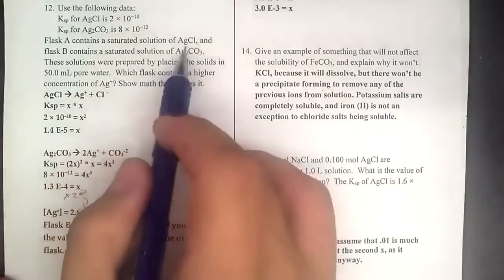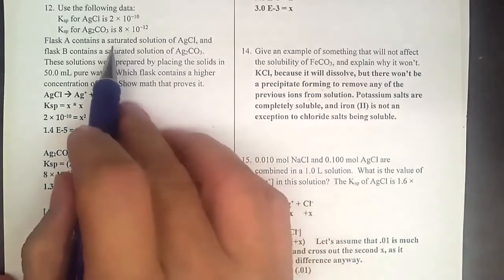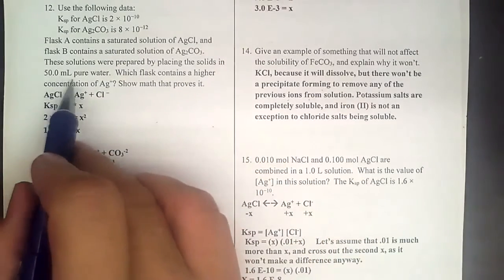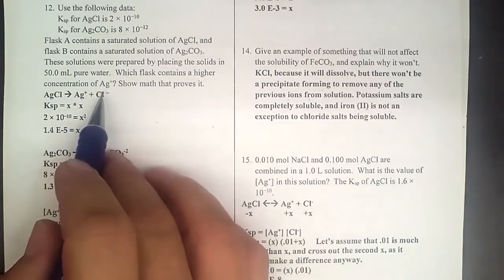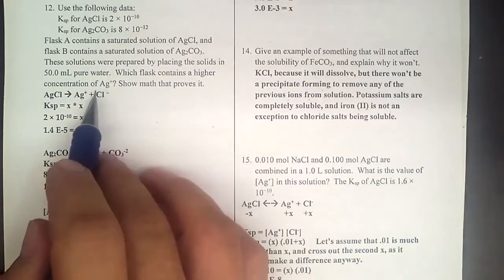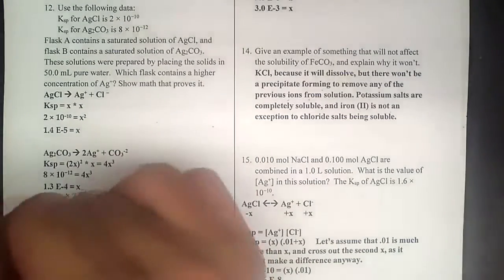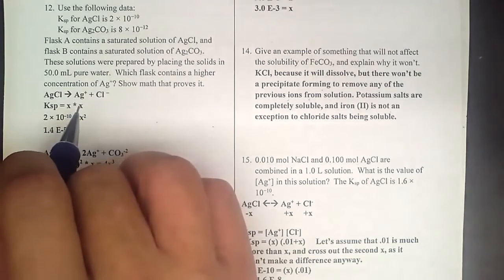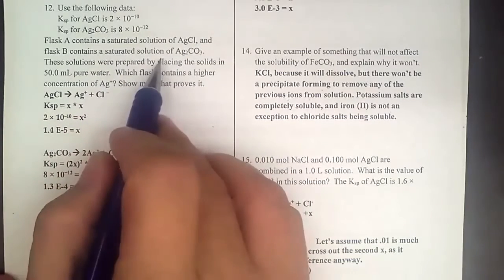In 12, we put some of this solid and some of this solid in different beakers, and we give them a stir and let them settle out, and they make a saturated solution of each in their own beaker. Now, the fact that it's 50 milliliters of pure water ends up being immaterial because we are asked for the concentration, and the concentration it will set up will be the same no matter how much water you use, assuming that you have at least enough solid. I mean, you can't put 1 grain in a swimming pool and get a saturated solution, but we're going to assume that they put in enough because it says it was a saturated solution, and a saturated solution is